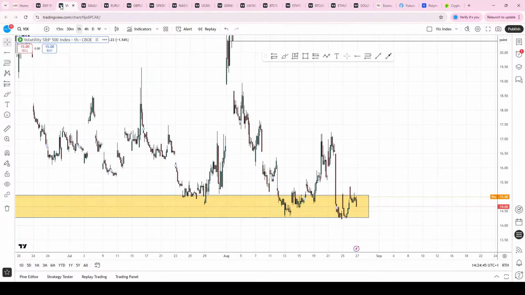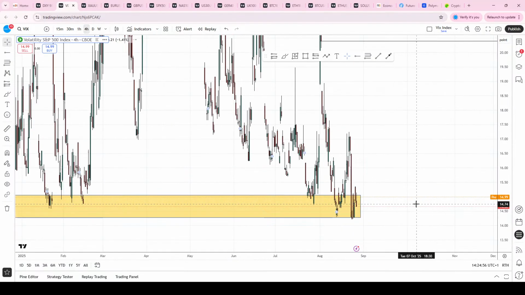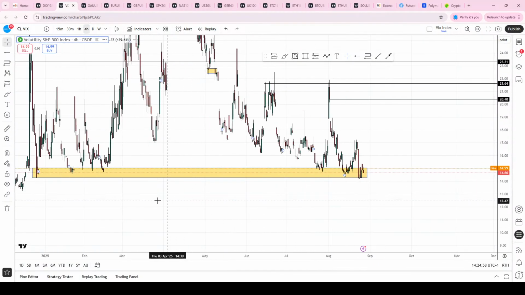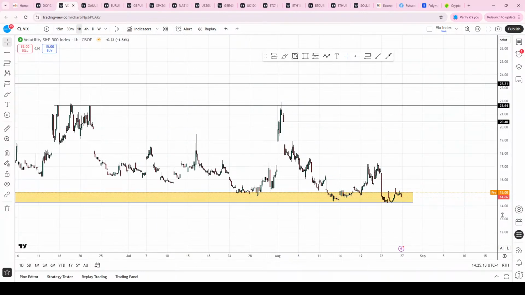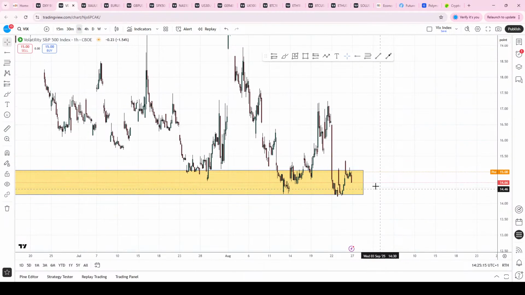Now, in the back end of that, we have seen the DXY yesterday trade again in this mid-yellow region between kind of 14, a little under 14 and a half into those 15 benchmark levels. And this, of course, was the broader region of where we traded most at the early part of the year. And of course, more recently in the summer doldrums, when we've seen that aggressive orientation in risk to the upside, we've really seen that VIX become entrenched into this 14 and a half, lows into that 15 range.